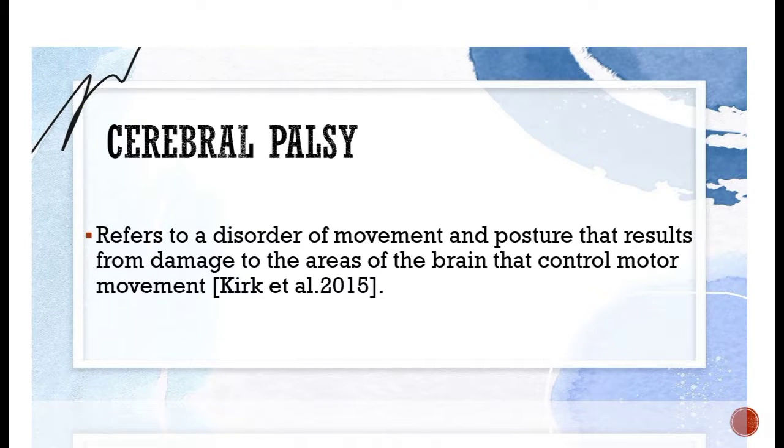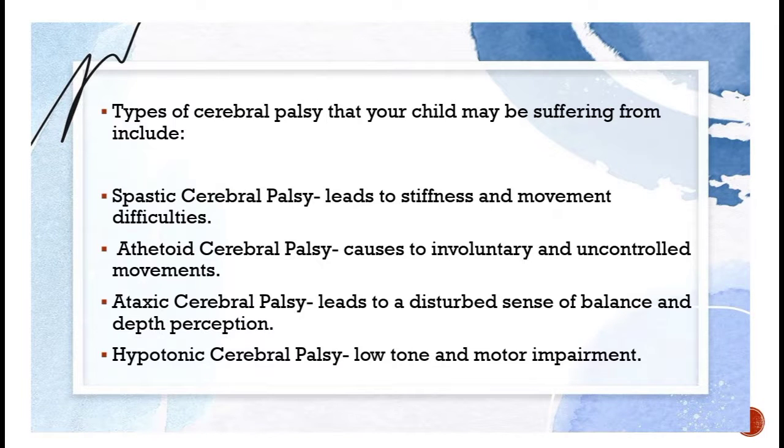Cerebral palsy refers to a disorder of movement and posture that results from damage to the areas of the brain that control motor movement, from Clark et al., 2015. So, cerebral palsy is a group of disorders with multiple causes that results in impaired function of the developing brain. Types of cerebral palsy that your child may be suffering from include: spastic cerebral palsy leads to stiffness